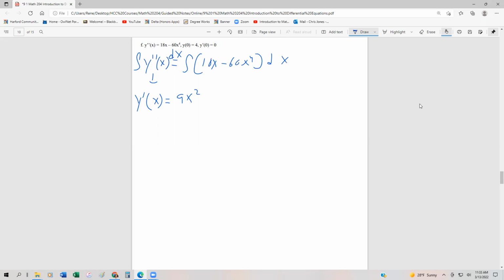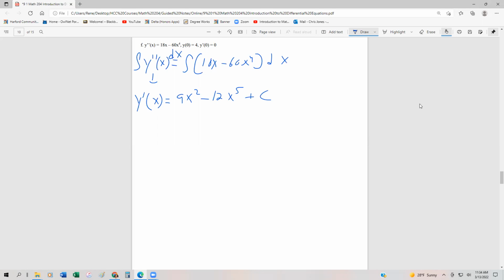All right, so we're essentially going to do what we did in the previous example to solve a second order differential. So we're going to say the integral of y double prime of x is going to be equal to the integral of 18x minus 60x to the fourth dx. All right, now the antiderivative of the second derivative is going to be y prime of x. Right? The antiderivative of 18x is going to be 9x squared. The antiderivative of 60x to the fourth, 60 over 5, is going to be 12x to the fifth,